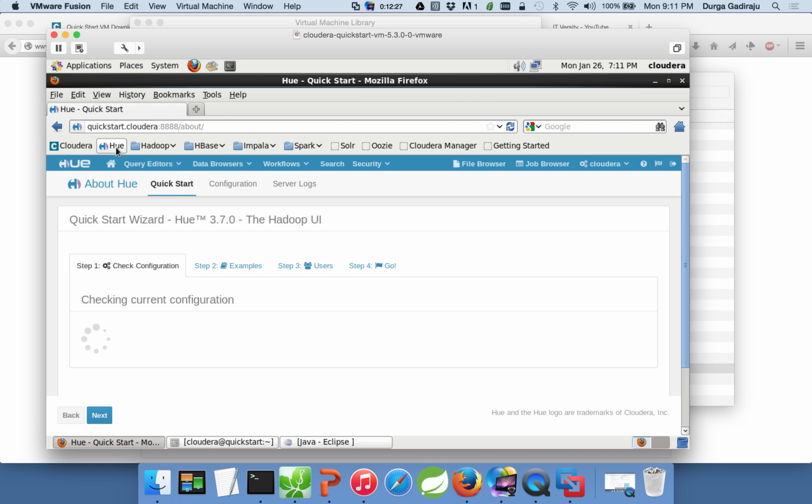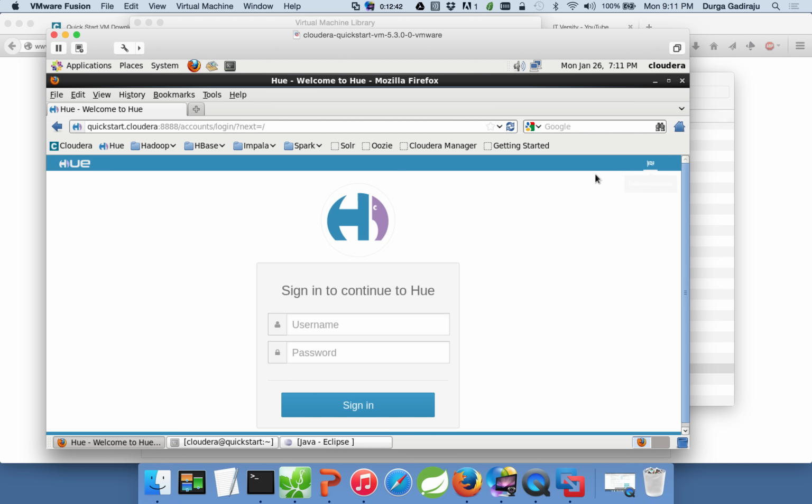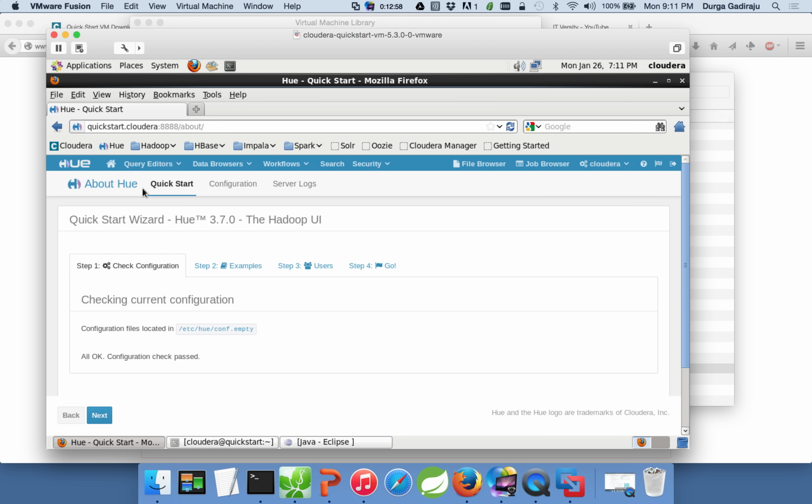and wherever it asks for the password, most likely it will be Cloudera. The username also will be Cloudera in most of the cases. In this case, as I have used Hue before, it is showing like this. Otherwise, when you click on Hue, the window will look like this. You have to give the username as Cloudera, and password is also Cloudera, and click on sign in, and you will see